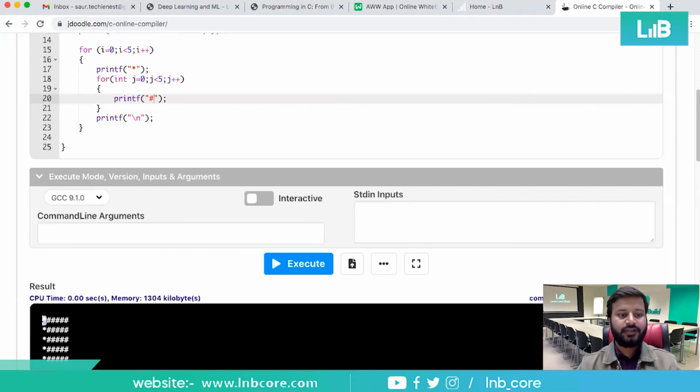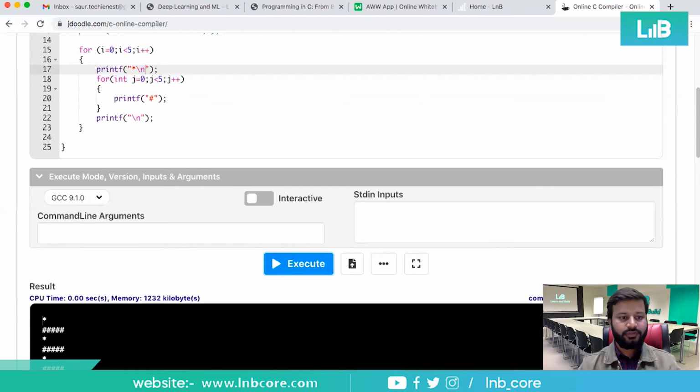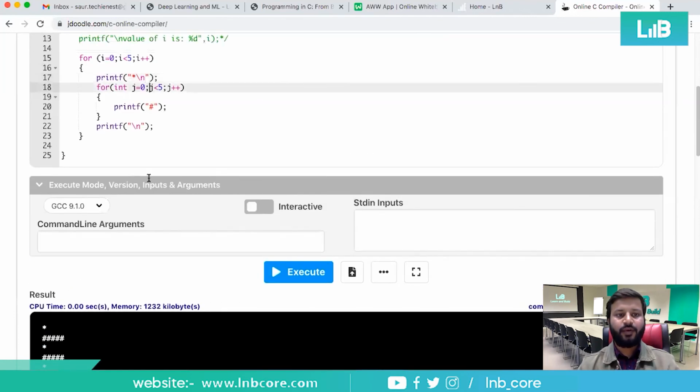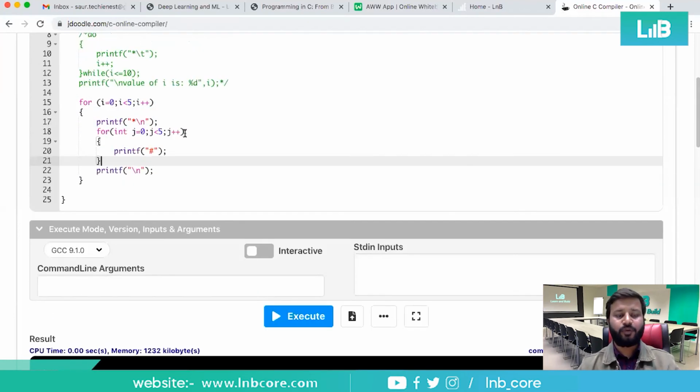Yeah, so 1 star and then 5 hashes, 1 star and then 5 hashes. After completing this for loop, one new line comes up. What if I use \n here as well? Think how it comes up. 1 star, then 5 hashes, 1 star, then 5 hashes, and then 1 star, then 5 hashes, like that. So this is how we can write multiple for loops.